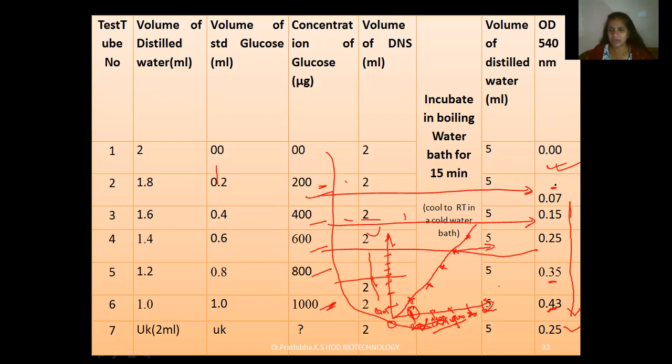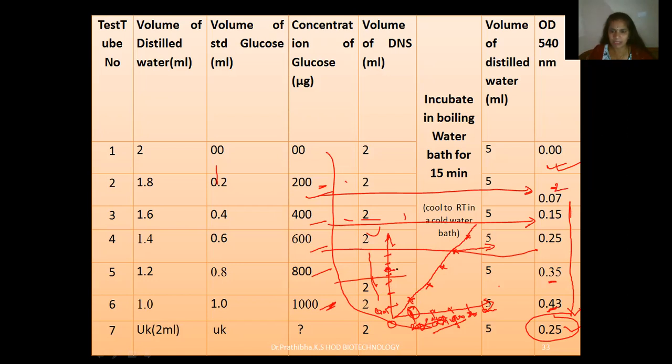Okay, you are going to get from the second test tube up to the sixth test tube by using the standard curve. And now I got here the unknown, this is 0.25. You need to check where 0.25 will come. This is actually 0.05, this is 0.15, here this is 0.2 and this 0.25. Somewhere the 0.25 will come here, right? I'll put one cross mark here.